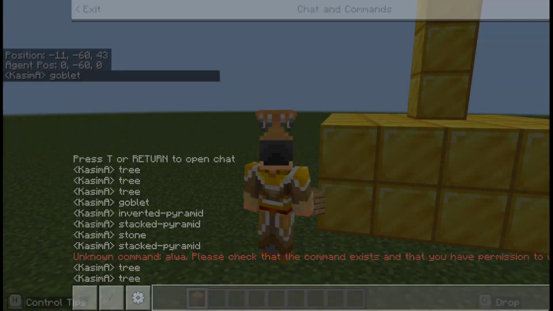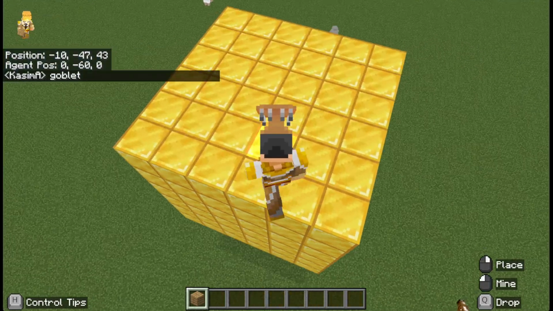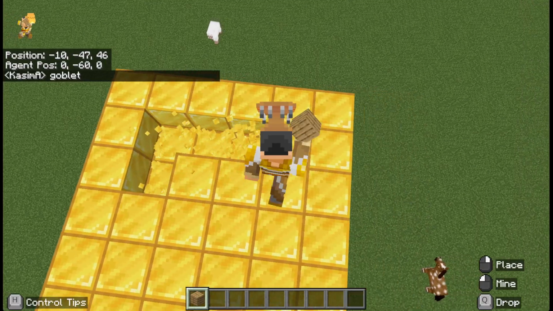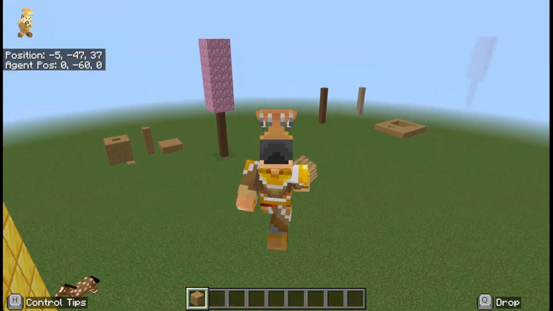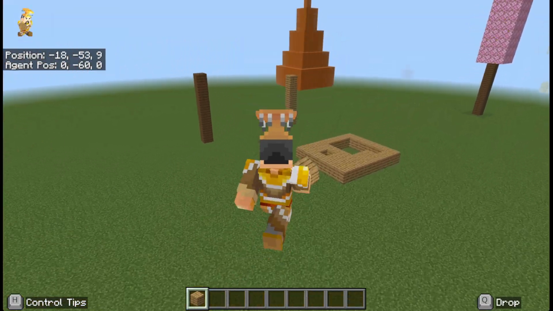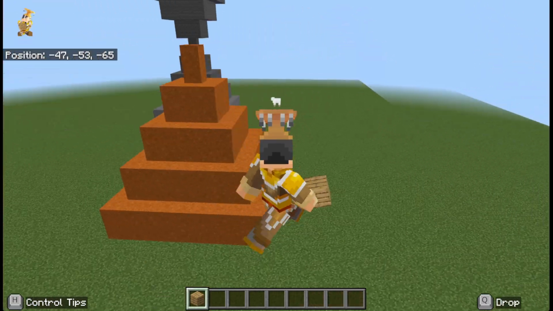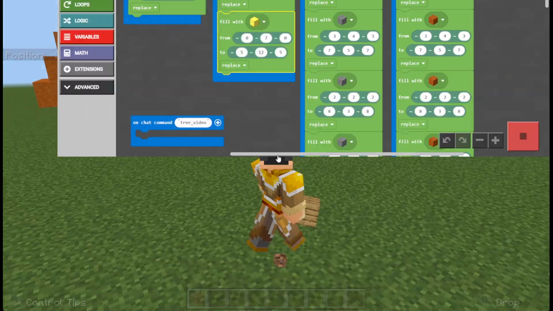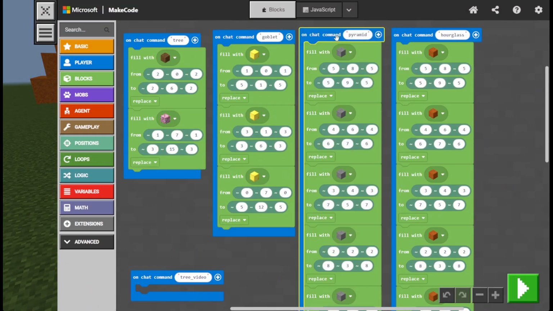If I type in goblet now, you can see it makes a goblet, right? Perfect. Really good. And if you really want to, you can figure out how to make a hollow. There are ways to do it, but you don't really need to focus on that too much for now. Okay, good. The next thing is the pyramid, which is over here. Right, this is the pyramid we built. Very good. Okay. So if I want to build a pyramid, which is right here, I need to make sure to use